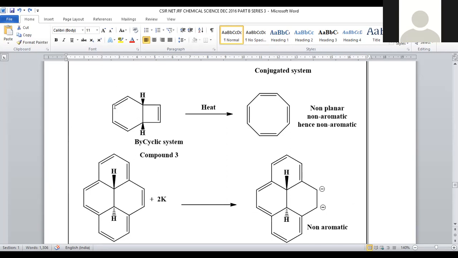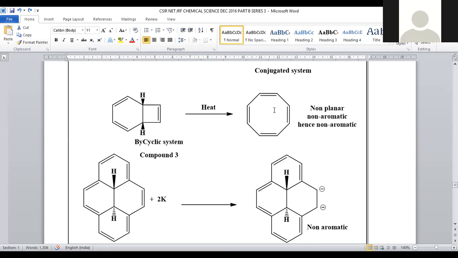And next is about the bicyclic system. This bicyclic system, compound number 3, is subjected to heating. When it is subjected to heating, ring expansion is possible. This bond will be cleaved. So this pi bond is shifted towards this side, and this sigma bond is ruptured and moves towards this side, so that we will get cyclooctatetraene. The bicyclic ring turned into a monocyclic by a ring expansion type of reaction. This is non-planar. It is a completely puckered ring. It is not possible to get an 8-membered ring in a single plane, so it will be puckered.